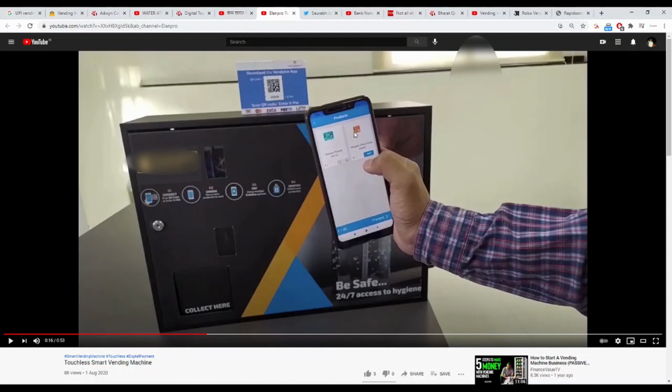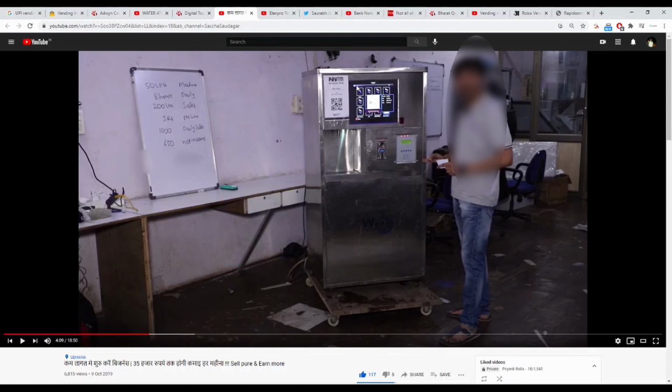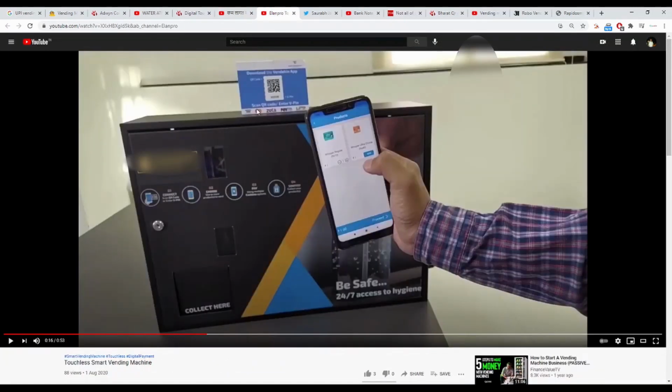But I don't like the idea of scanning any roadside vending machine and installing something onto my mobile device. So these are the two most common issues, when the app is not actually UPI, and then you have to scan and install something on your mobile, or even browse a website or whatever. I don't like that idea.